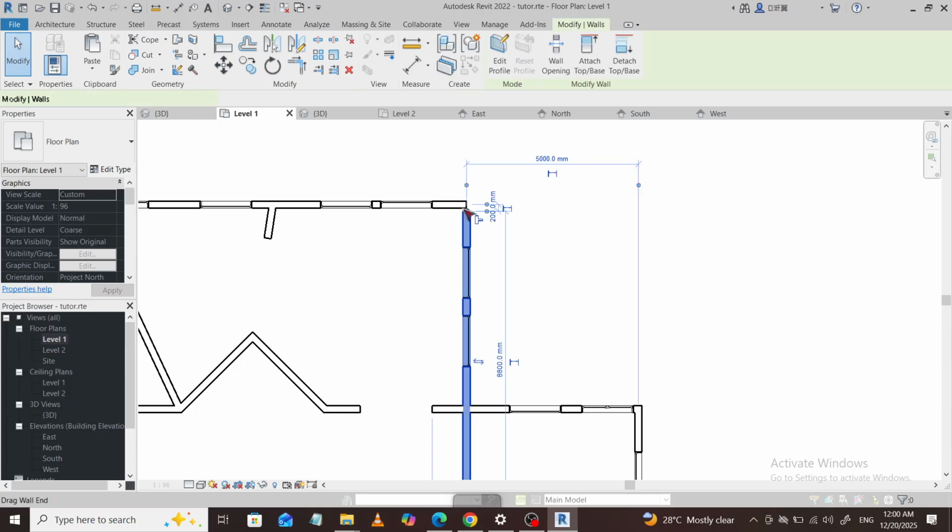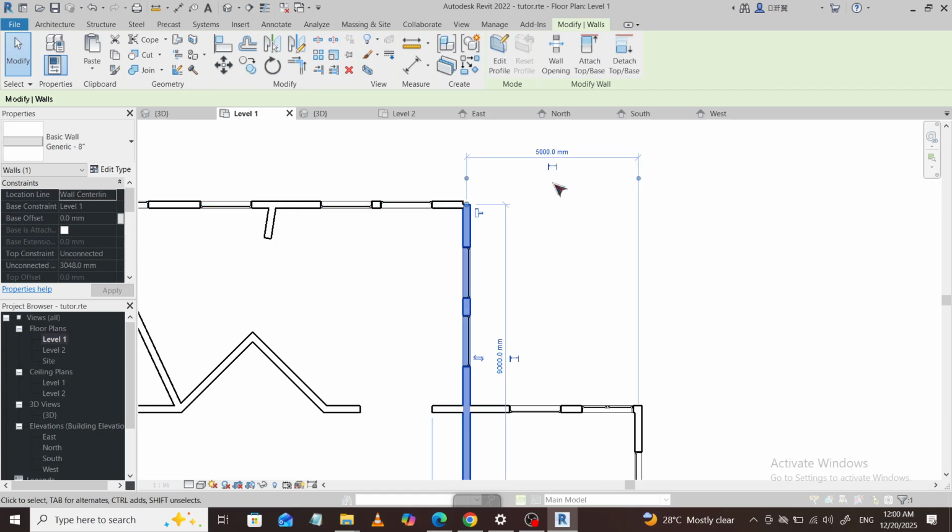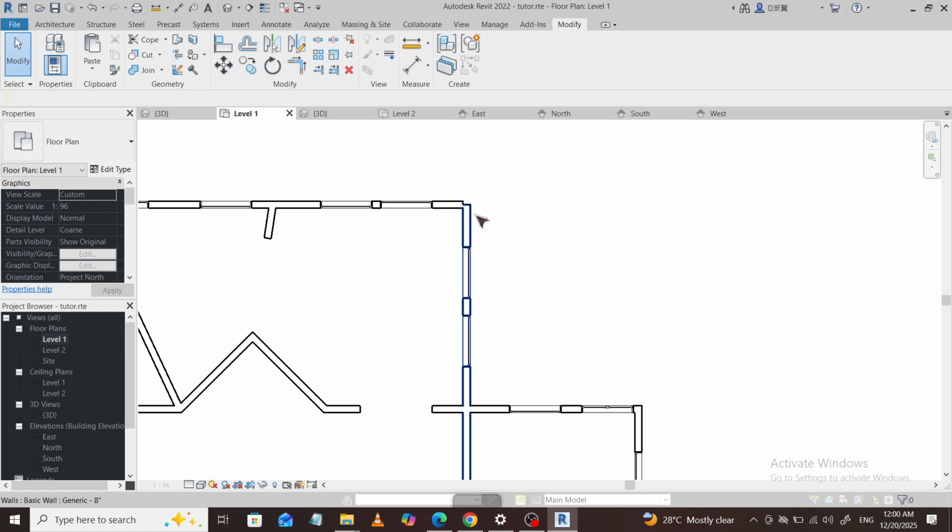And that's it. By selecting the wall, right-clicking the end grip, choosing Disallow Join, and then moving or adjusting the wall, you gain precise control over how that endpoint behaves, helping you maintain clean, intentional layouts without unwanted automatic